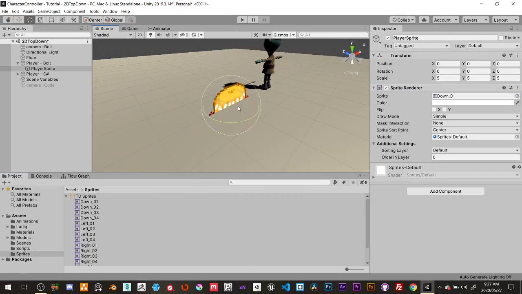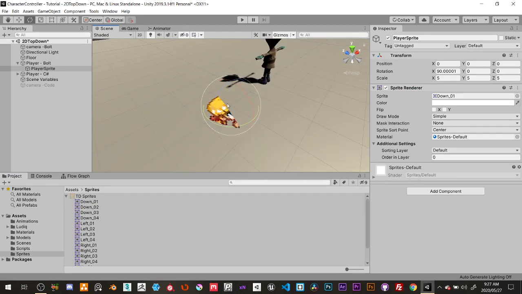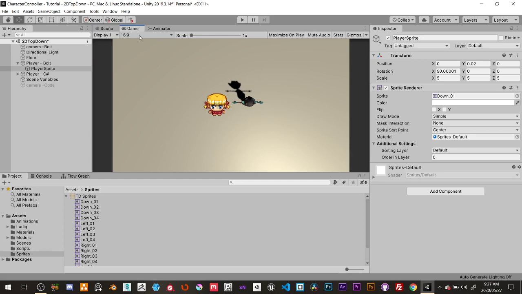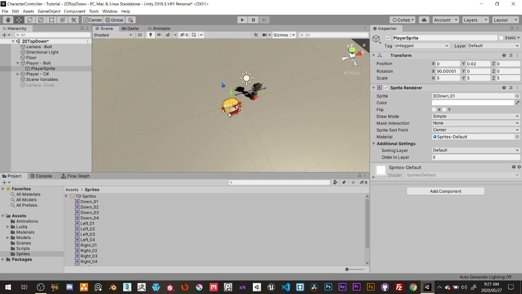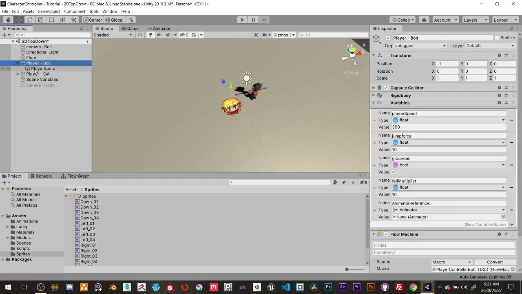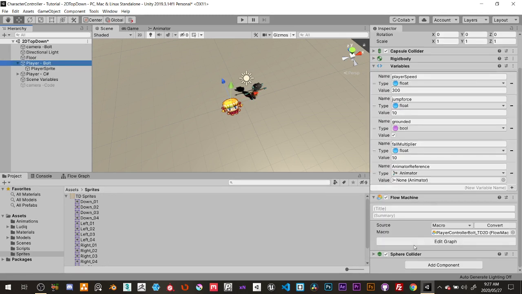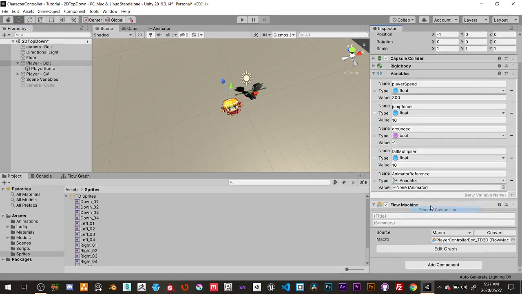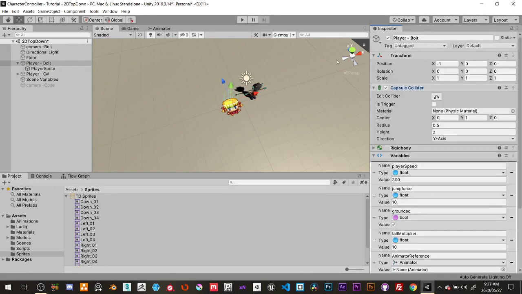Now, because the camera is looking up, I'm just going to rotate this like that, just going to move it up a fraction. Like I said, this is not the best way to do it, but this is a good way to do it if you already have the 3D controller set up and running. So all I need to do now is remove any excess stuff like the sphere collider that we used for the ground check. And I need to go into my capsule collider